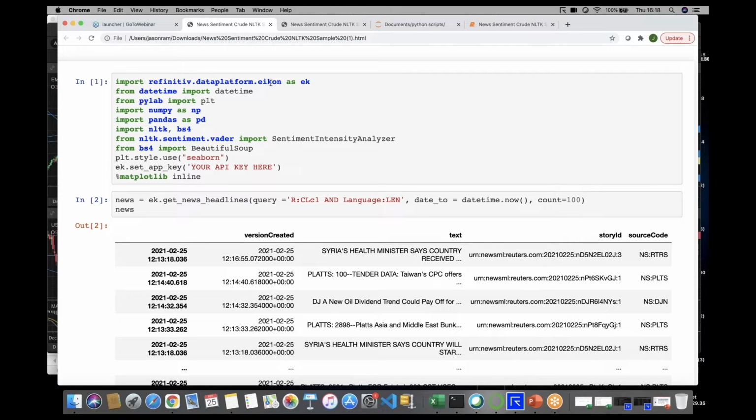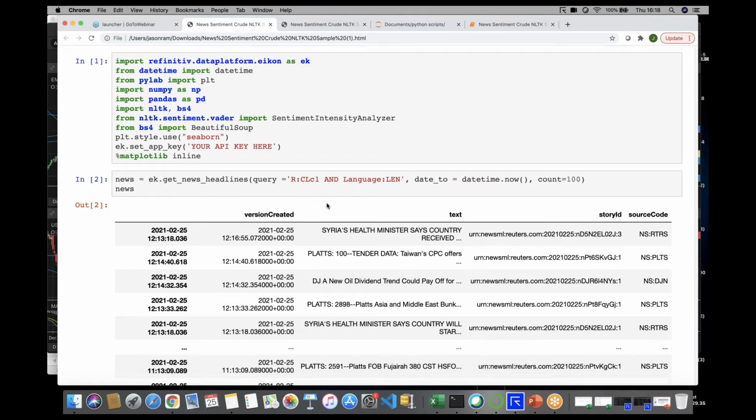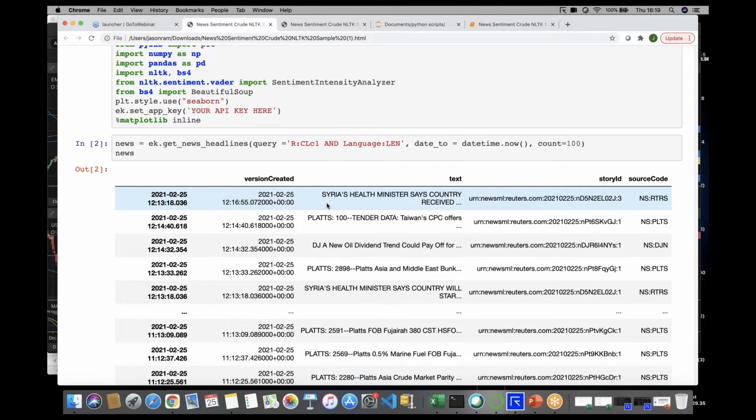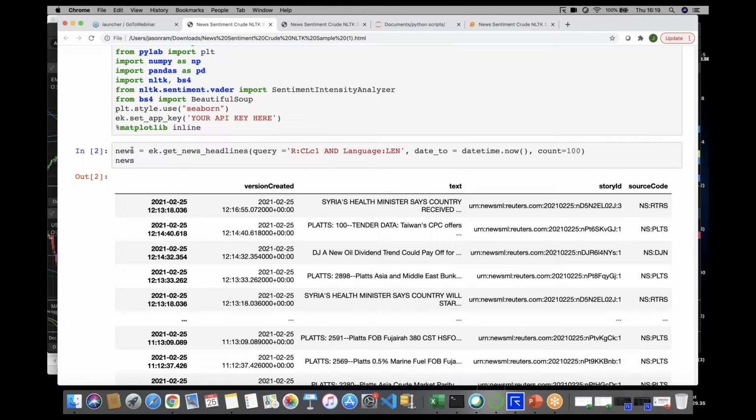So I'll be working with our Eikon terminal or Workspace, which is the latest iteration. So I'm just going to do some imports of libraries here, using some visualization with PyLab or plot functions, NumPy and pandas for the data frames. We use NLTK VADER as a sentiment engine, and Beautiful Soup for the text manipulation. I'll explain that later. Okay, great. So basically, I ran this earlier, and we're doing it on oil today. So essentially what we're going to do is get some news headlines here. So I'm just requesting here basically headlines for crude oil, the crude oil future.